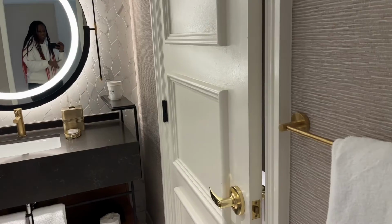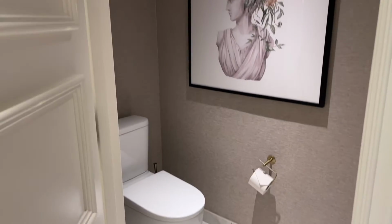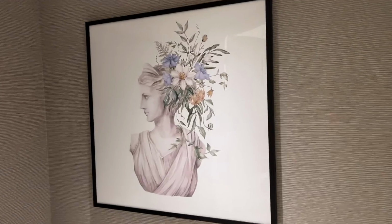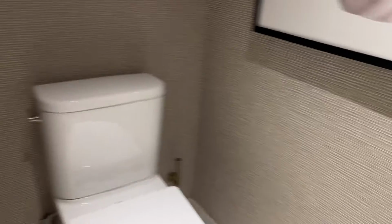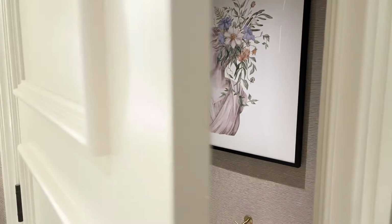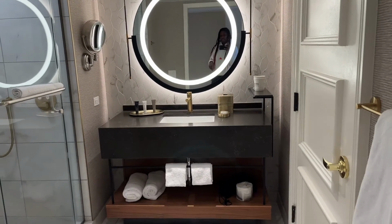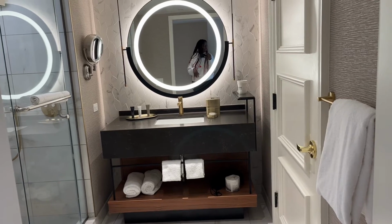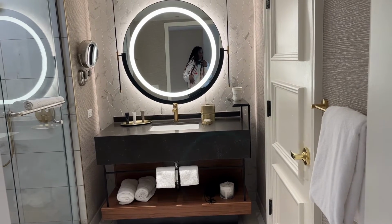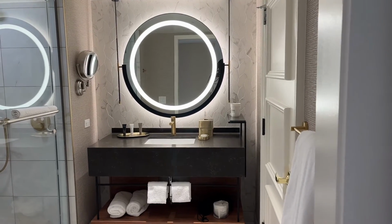And one of the features that I really loved about the bathroom at the Centurion Tower, and the Ocean Tower also has it, which is the water closet. Okay, one last look at the restroom in the Ocean Tower, room 7707. Now let's move on to the door. So the restroom door